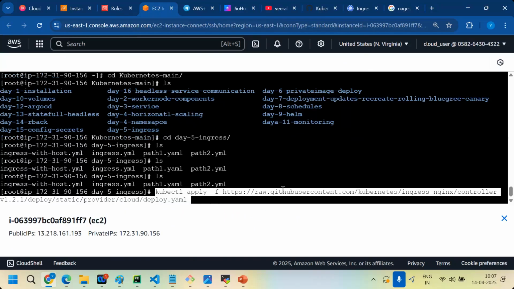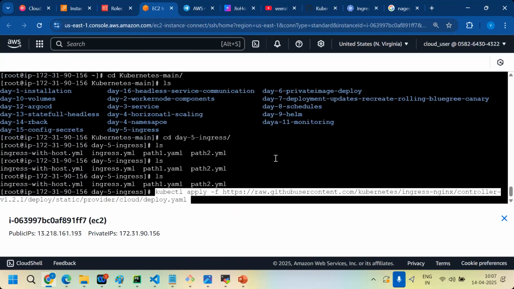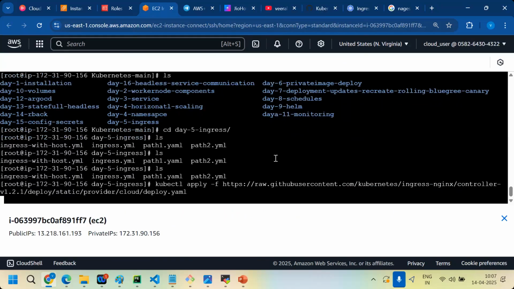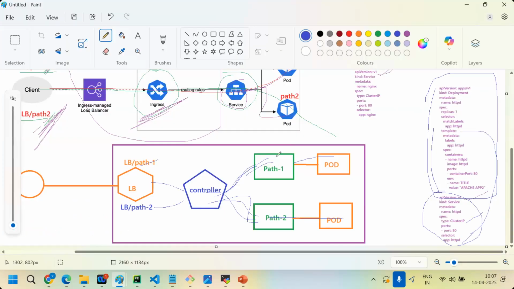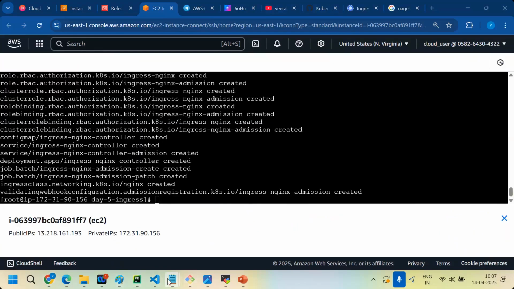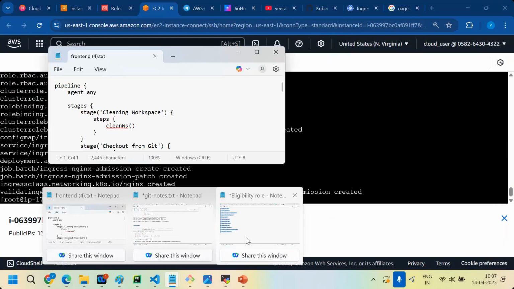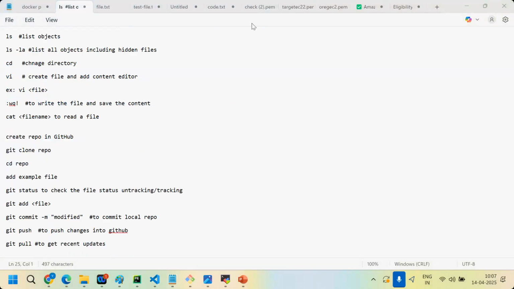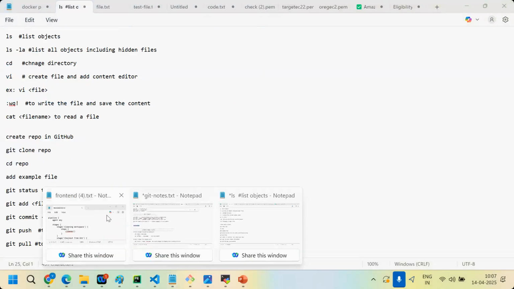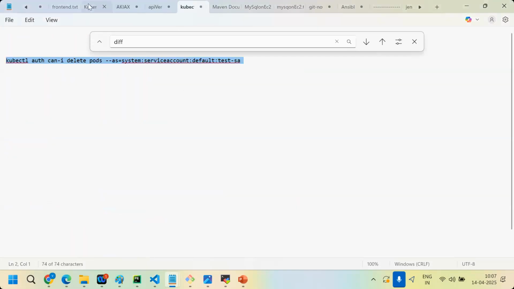These are the official GitHub page's YAML files for the Ingress controller. My notes also have clear instructions.